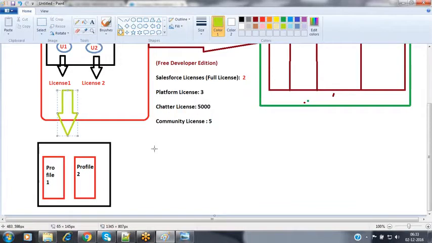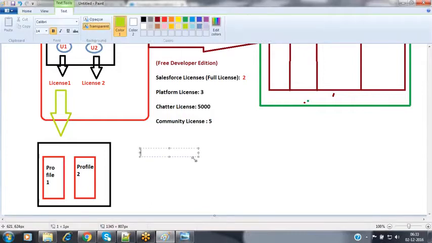So now in this case, observe the associations here. We are having the associations like profile to license, license to profile. So now one profile can be associated with only one license.